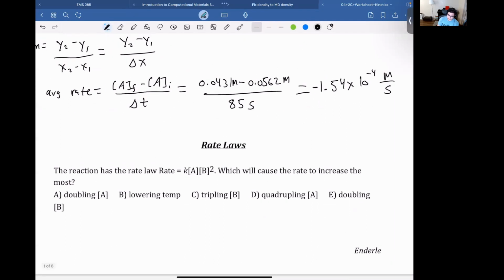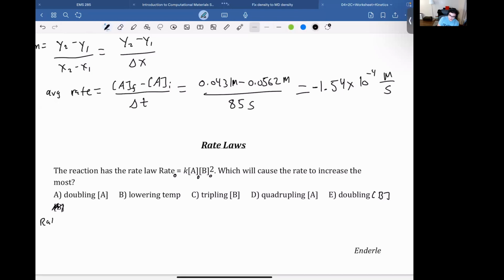The reaction has a rate law of that, which will cause the rate to increase the most. So for A, the way you can do these problems is I'm going to say that this is the initial rate, before we plug in some values. Now what I want to do is that doubling A is saying that in this new rate law, and I'll do 1 very explicitly,